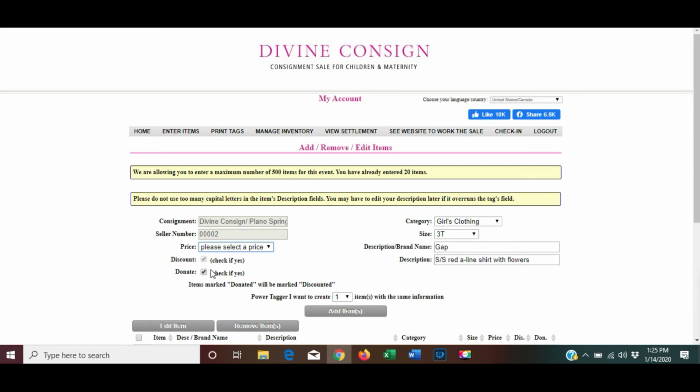The discount and donate always go back to both being checked, but the category, the size, the brand, the description, all of that stayed the same. So if you have your clothes separated by boys' clothes and girls' clothes, by size, by brand, guess what? You're not going to have to redo these fields for all of your Gap items. All you have to do is go in here and change it to